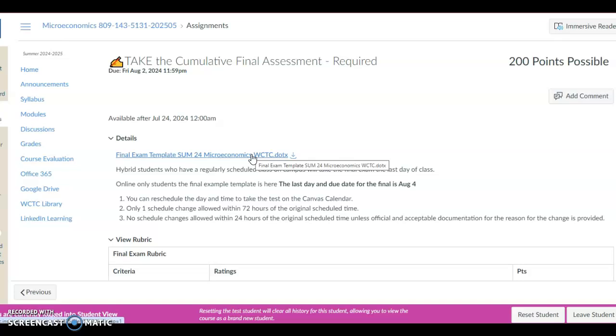That still applies. You can do one of two things. You can modify the Word document, complete it for the final exam, and submit it back over to me. Or you can print out the Word document, but make sure that your writing is legible.